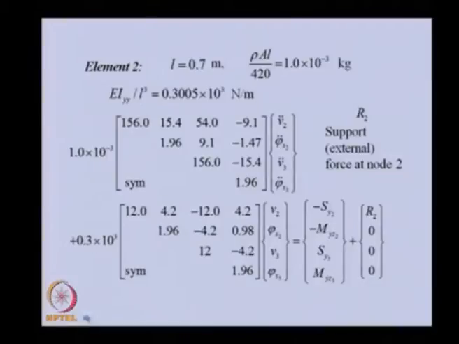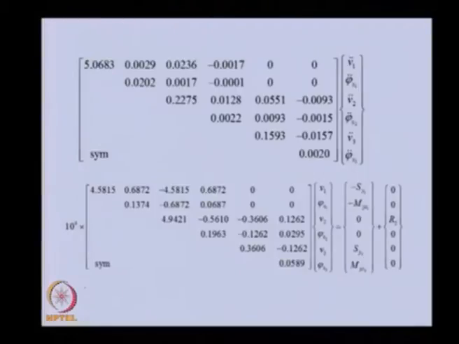So now we have obtained the elemental equations for elements 1 and 2, only two elements we have considered. Now we can assemble them. Once we assemble them, this is the mass matrix. You can see the total degree of freedom of the system is 6, so the field variables are 6. The size of this vector is 6 into 1, the mass matrix size is 6 into 6, and the stiffness matrix is 6 into 6.